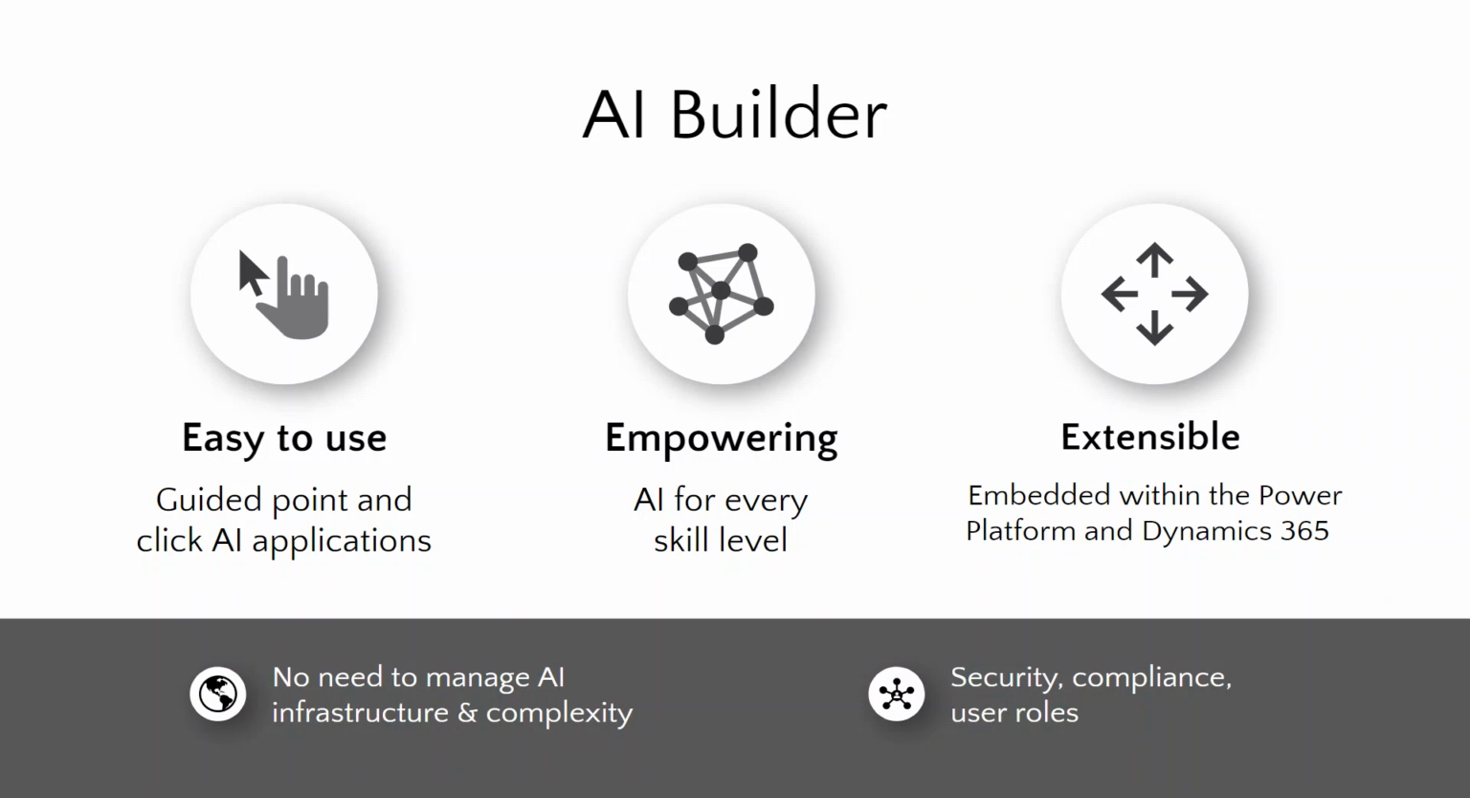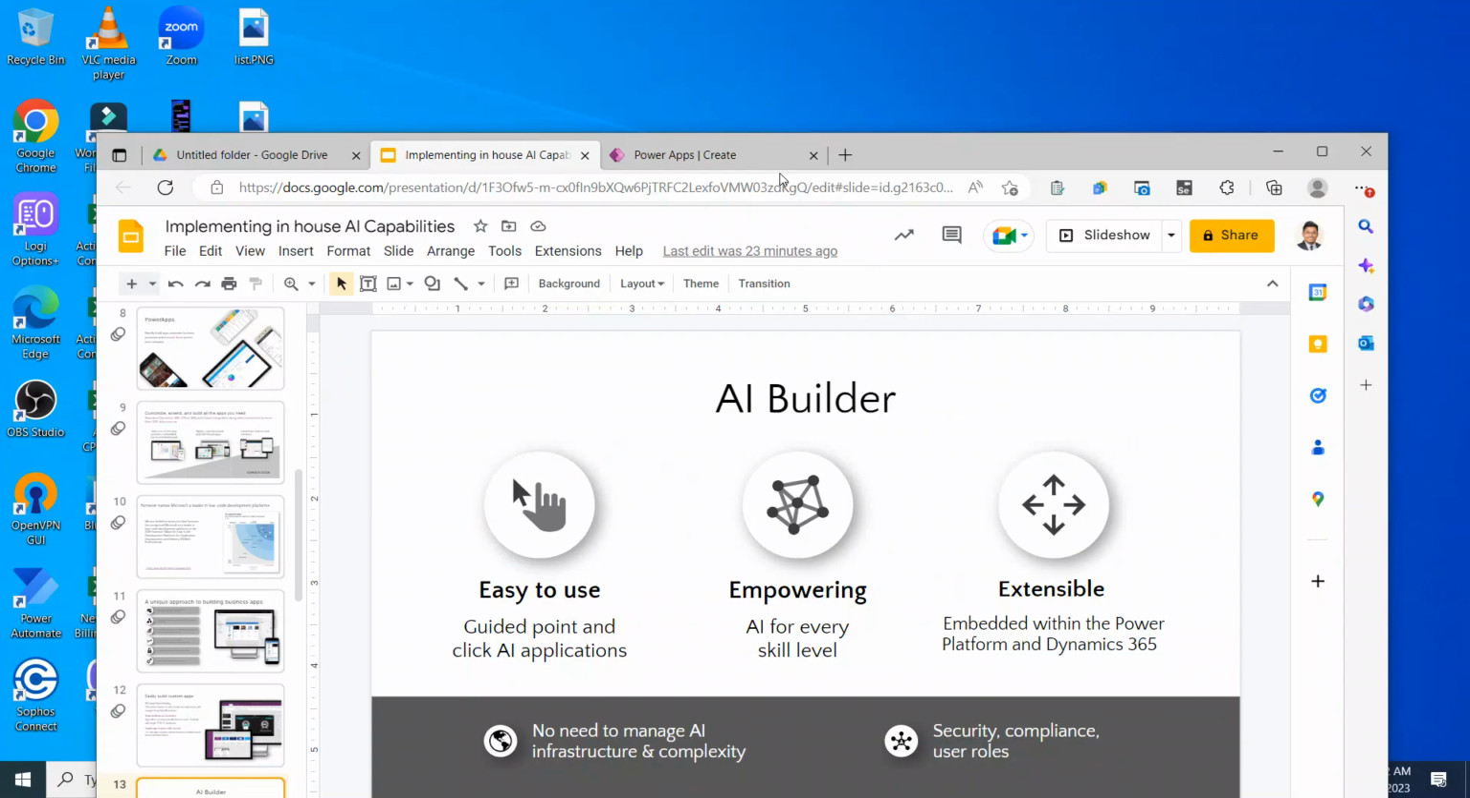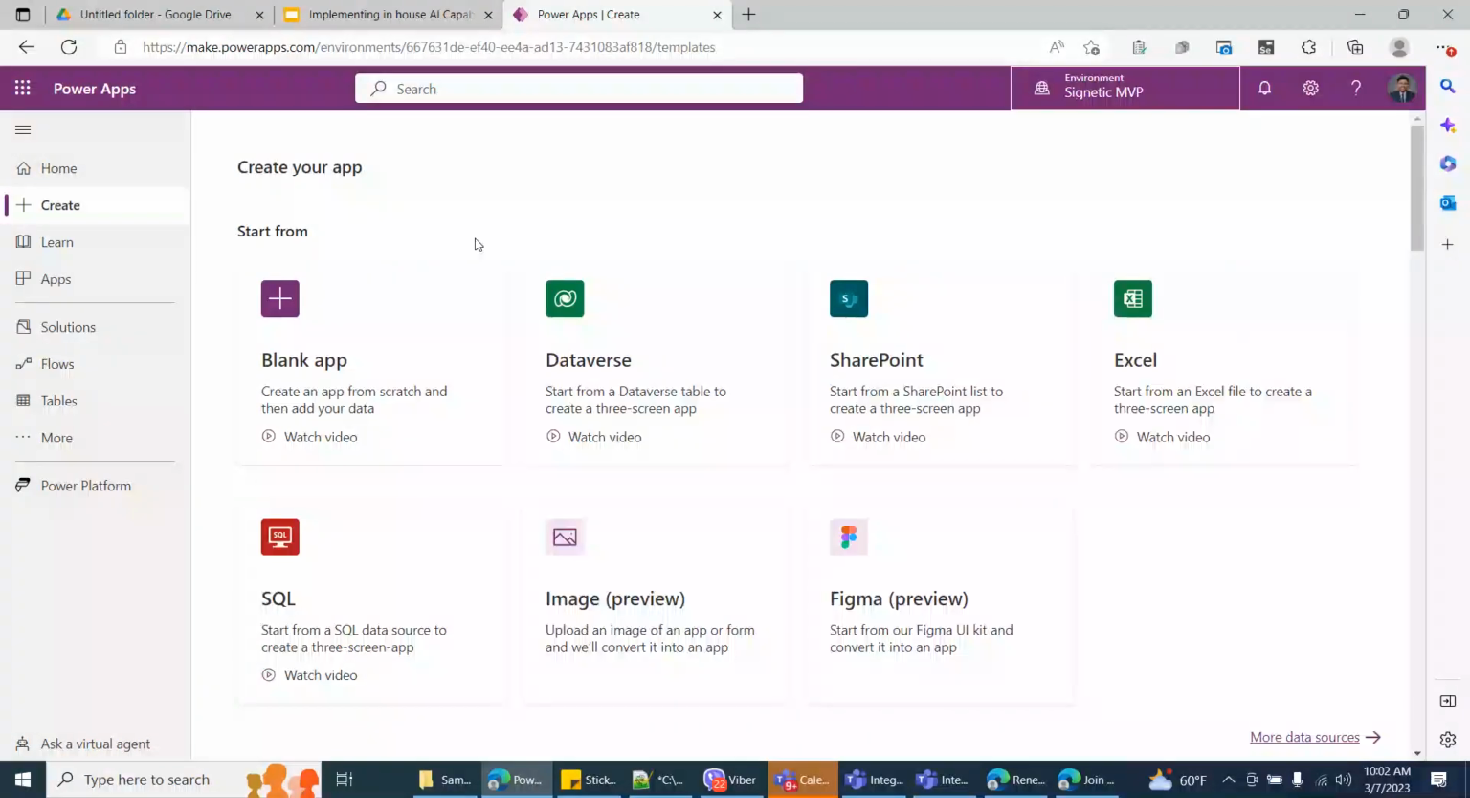So before going to AI Builder, I'll just quickly show you how the Power Apps space looks. I'm here at make.powerapps.com, and this is the environment that I've created. Now I'm just trying to build an application. So I click create, and within this, I have options of how I want to start creating